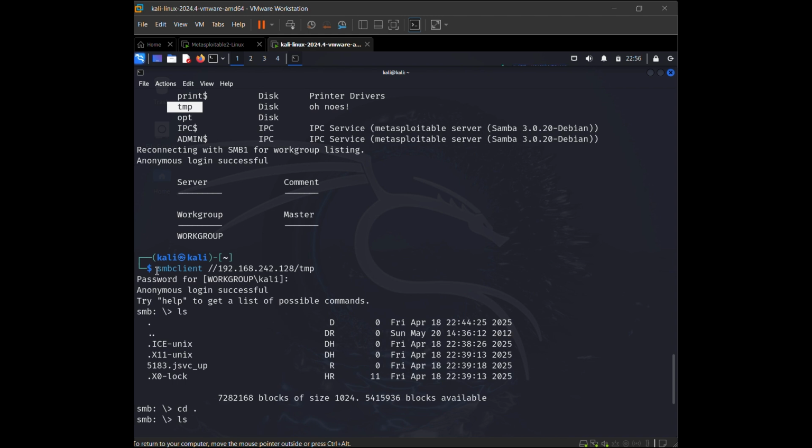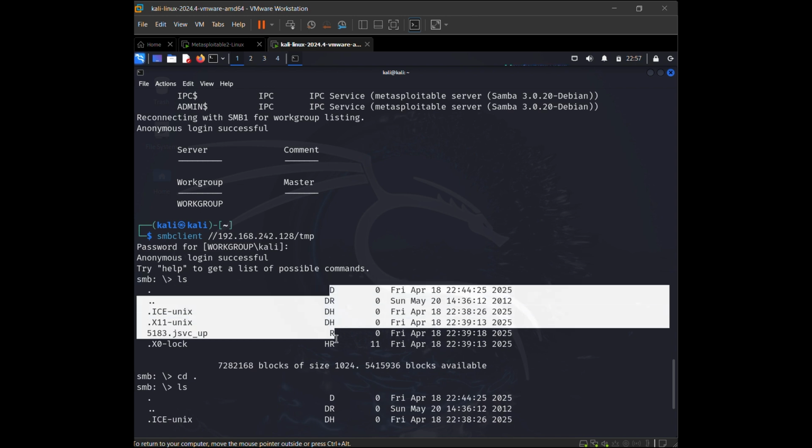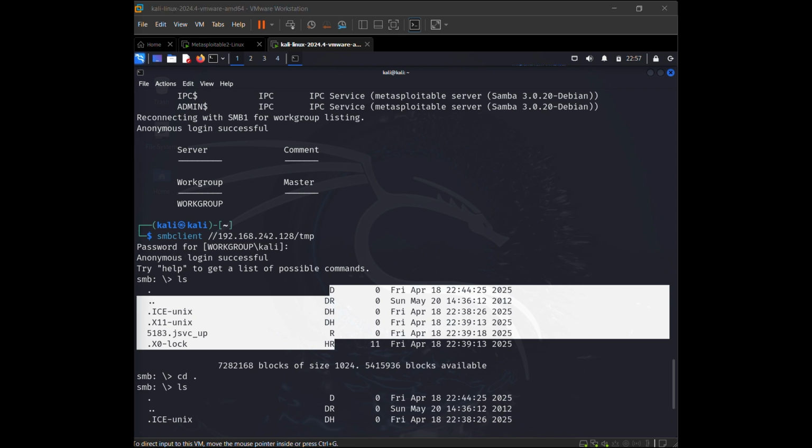So when I tried to access it using smbclient, the anonymous login was successful and we got into the SMB. When we connected to the SMB, we can see that there are these D, DR, DH, and R, and HR. So what do all of these actually mean?